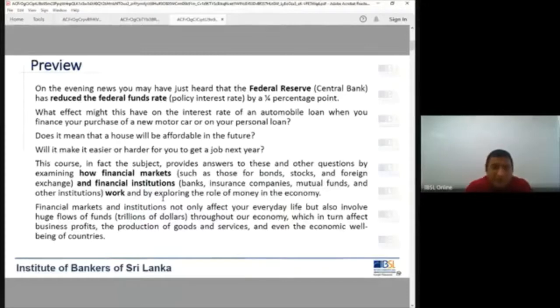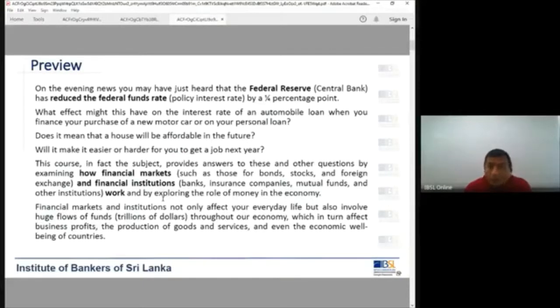The central bank adjusts these rates, and through them a lot of variables in the economy also get adjusted. We will get into those things in detail, but this is a news item for you. When you see something like this, what effect might it have on interest rates generally across other types of economic activities? For instance, in this